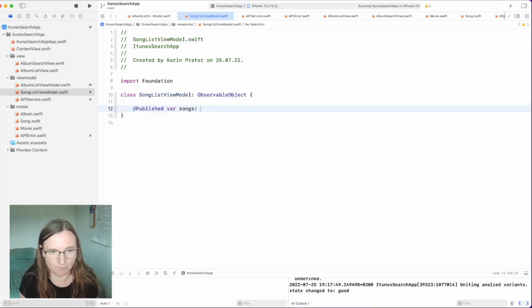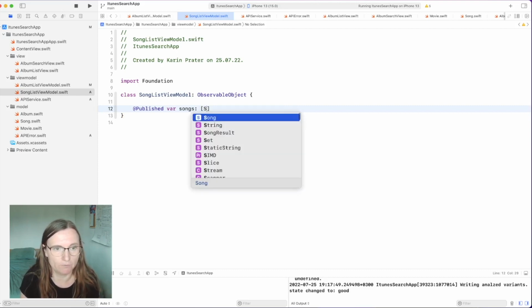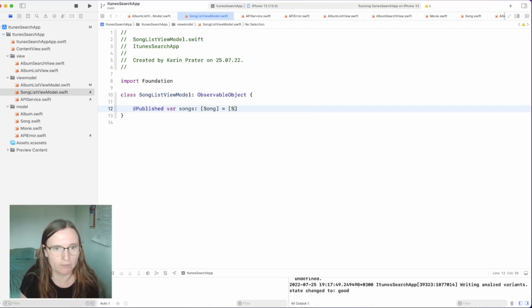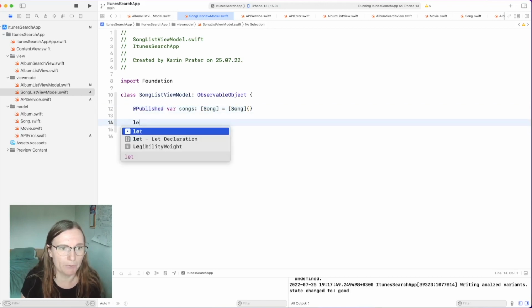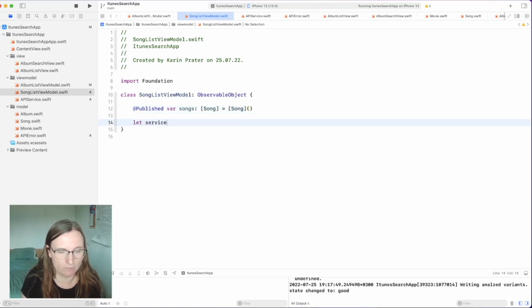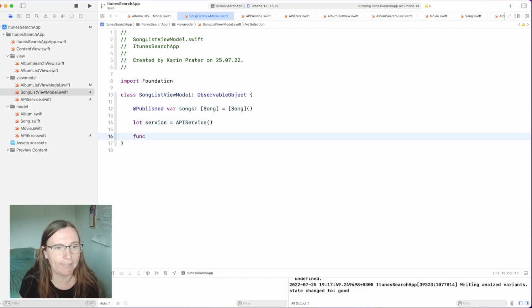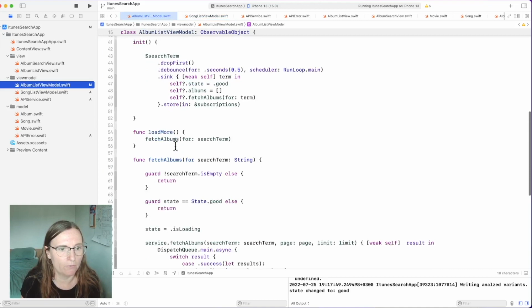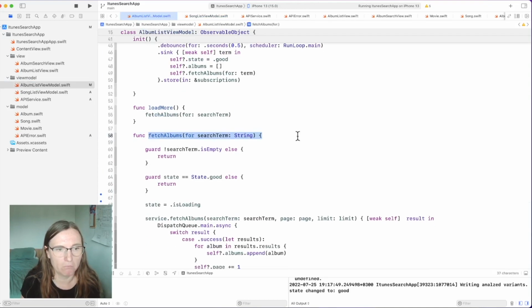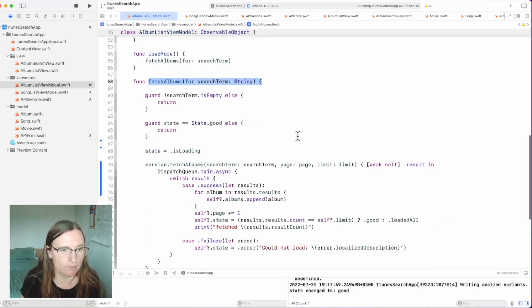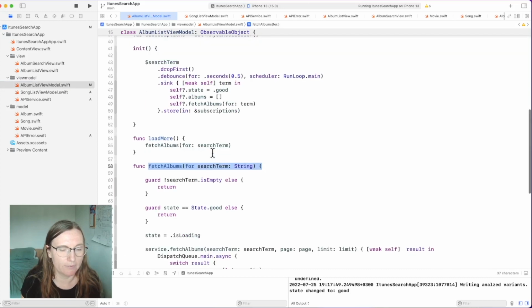So this is an array of song. And in the beginning I don't have anything, so I have an empty array. Again, I use the service. And we can add here the same functions that I had before of fetch songs. And this is using the search term and the